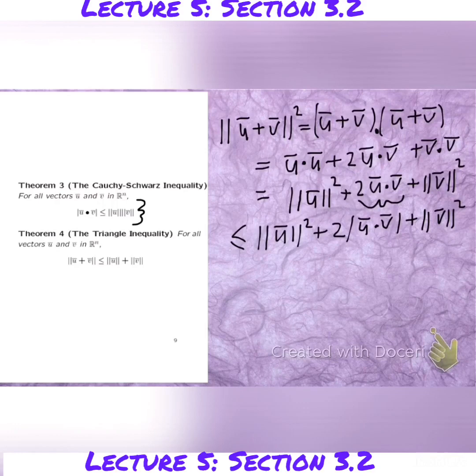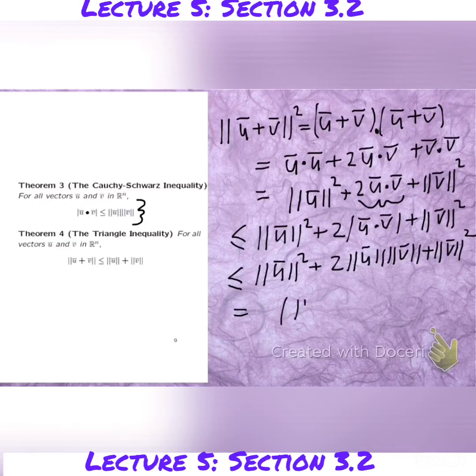And by the Cauchy-Schwarz inequality, that's even at most this little result here. So you're going to plug that in, and you get the norm of u multiplied by the norm of v plus the norm of v squared. Okay, so we're going to factorize that, and that just becomes